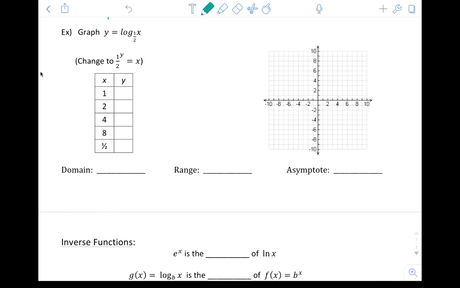So this time we have a base of 1/2. That base is caught in between 0 and 1. That's a b for base. So we know we're going to have a logarithm that is going to graph as a decay. Let's test it out. Again, log is